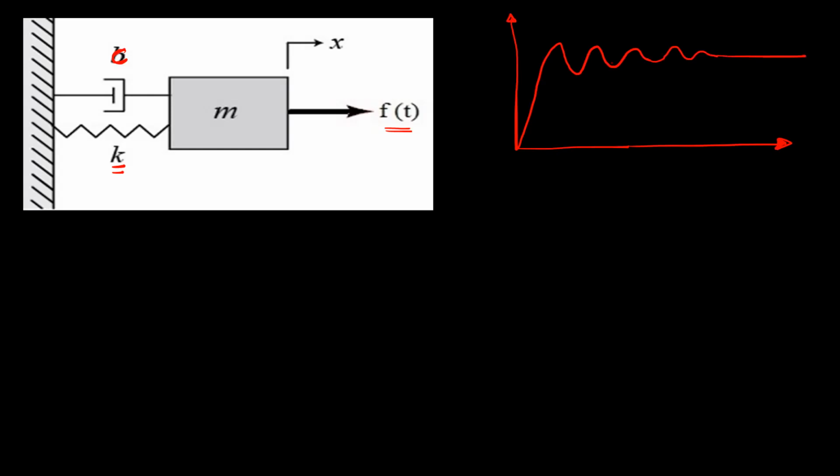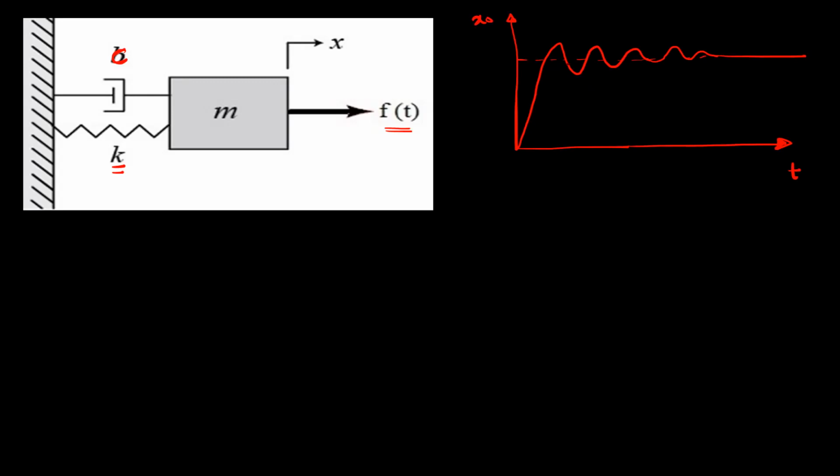For the experiment, we have to provide some initial force value. For this force, we will find out the response of the system. For the response, we need to observe the displacement of the mass with respect to time. Suppose the system is an underdamped system, then we will get the output waveform like this. This is the output displacement and this is the time.